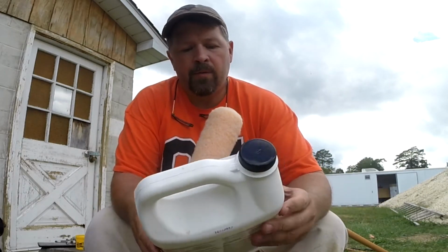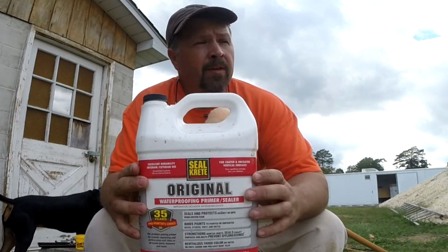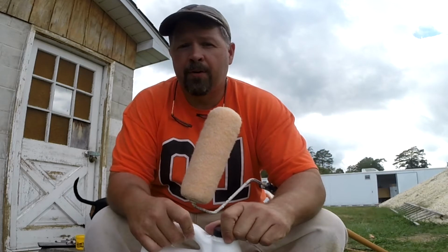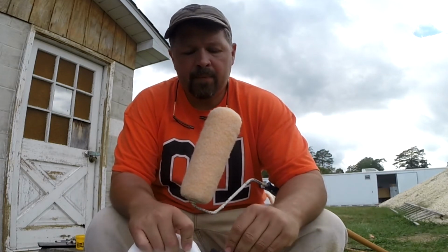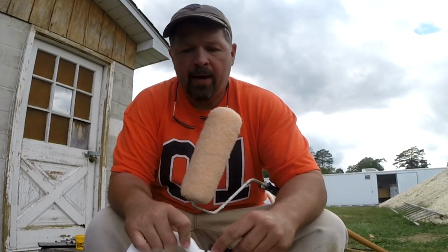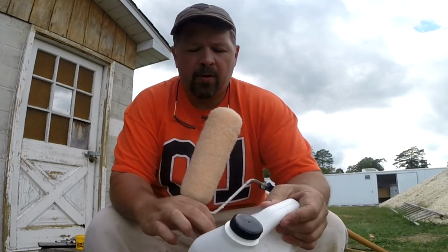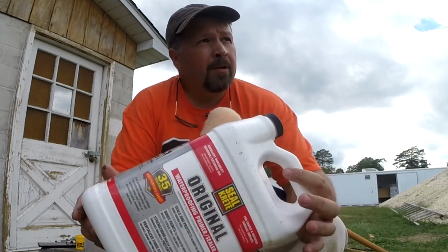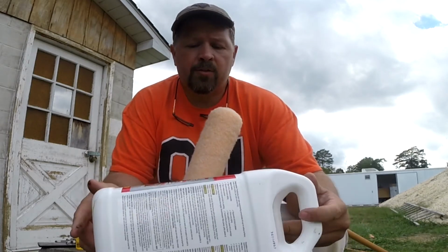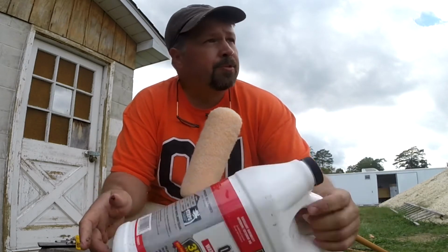The plan was to use this product, Seal Krete, to seal the concrete, and then do one coat of Sherwin-Williams A100 exterior paint. And time just didn't allow this to happen the way I had intended. One thing is this product, and I'm not ready to make the call as to whether I would use this again or not, but I bought 2 gallons of it, which was about 50 bucks worth, intending to do the whole foundation. But if you read the instructions, what it tells you to do is actually to do 2 coats,